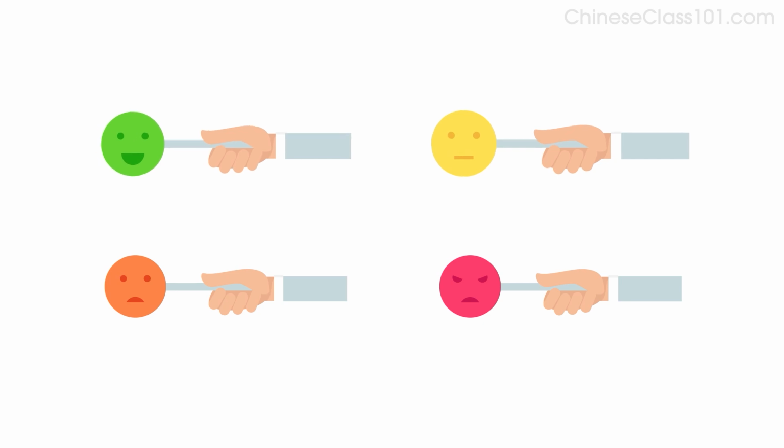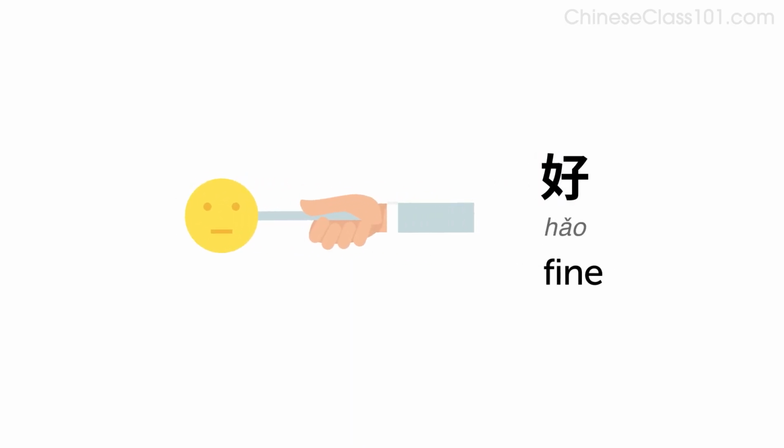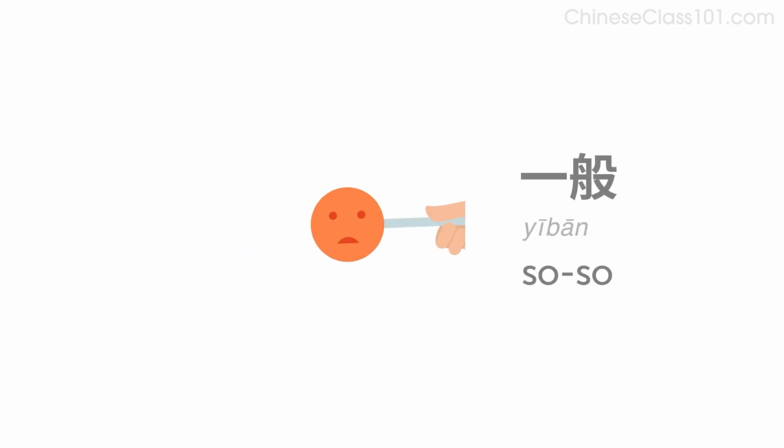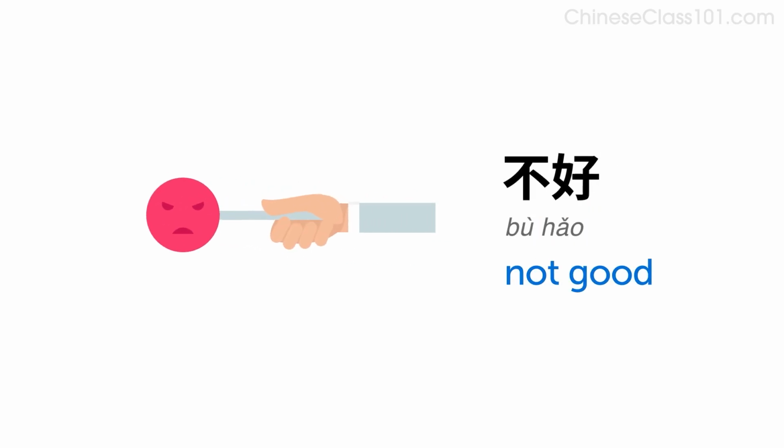Here are a few expressions related to well-being that you can use with this pattern. Great, 棒。 Fine, 好。 So-so, 一般。 Not good, 不好。